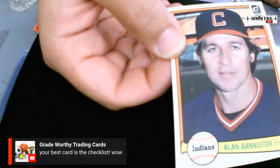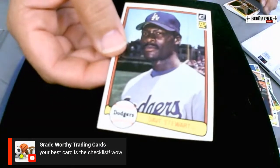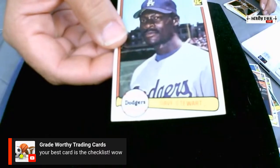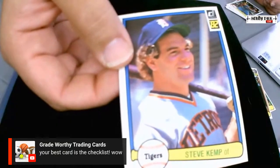So what do we got here? Alan Bannister. This might be my best card, guys. Dave Stewart. Dave Stewart, he might. That probably is. At least he pitched. I swear, for a while. I am so close to sleeving this, just to feel right, you know. Yep. All right, Bob Boone. Hey, he's a good player, but now I'm just setting the bar so low. I'm getting excited about Bob Boone Donruss cards. Steve Kemp,